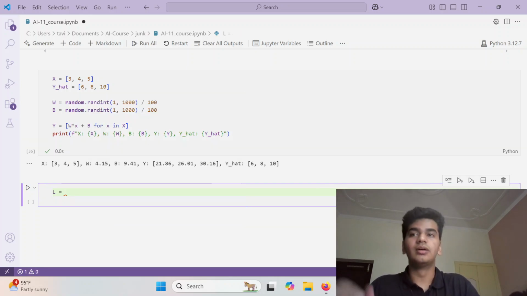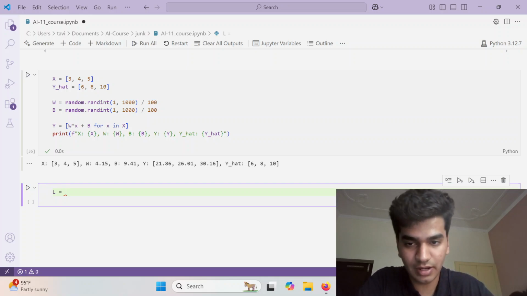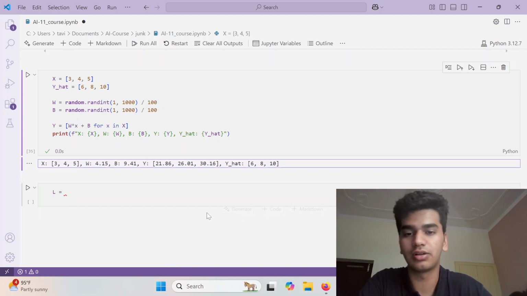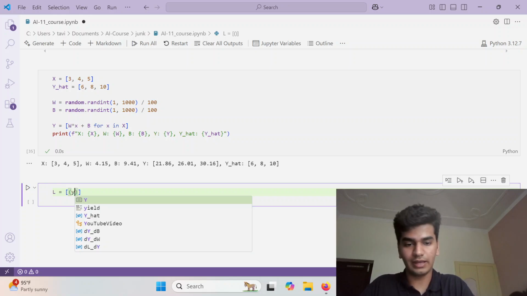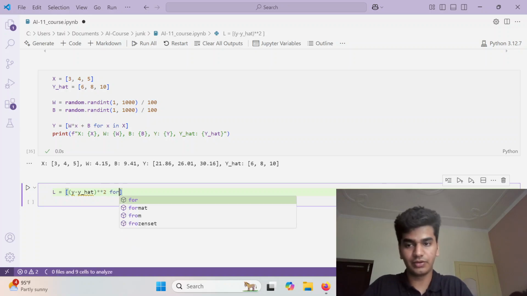So mean squared error is going to be: you find the squared error between this y and this y hat, this y and this y hat, and you average them all. So let's calculate the squared errors and then I'll average them. First, let's only calculate the squared errors. So it's going to be again a little complicated. (y - y_hat) squared for